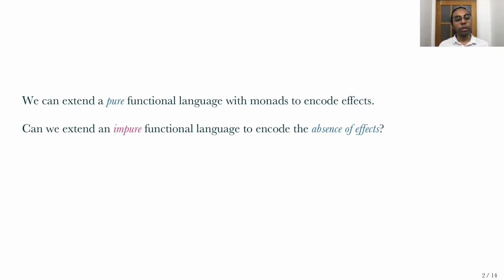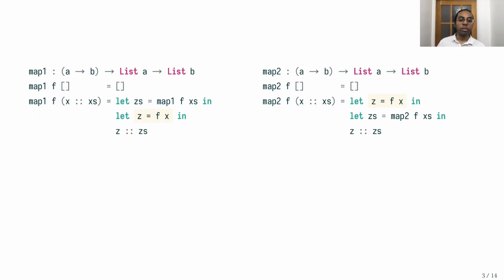So let's try to motivate why such a thing might be useful with some examples. Consider a strict call-by-value language which allows side effects, and let's consider the map functional. So map is a higher order function which takes a function f and applies it to every element of the list recursively. There are at least two different ways of writing map. In map1, we recursively call map1 on the tail of the list before evaluating f on the head of the list. In map2, we evaluate f on the head of the list before recursively calling map2 on the tail of the list. So these two functions should be equal, but in an impure language like this, they can have different